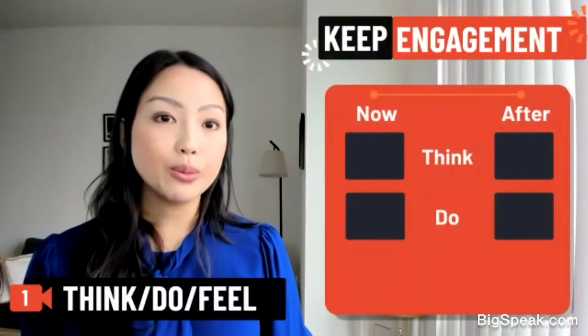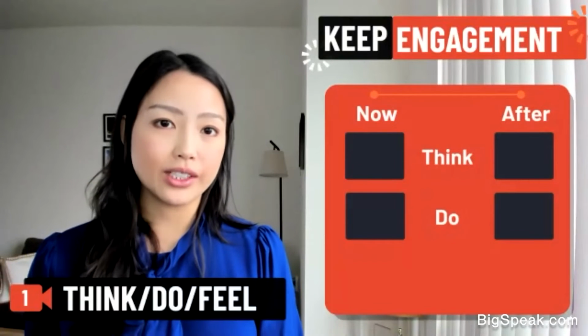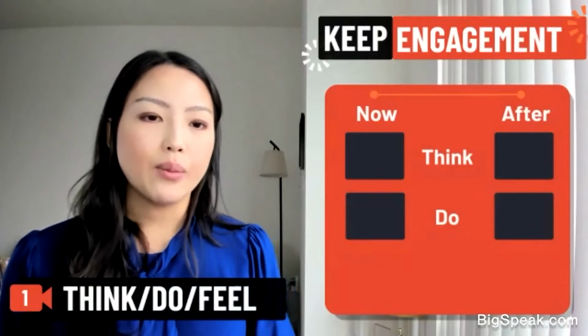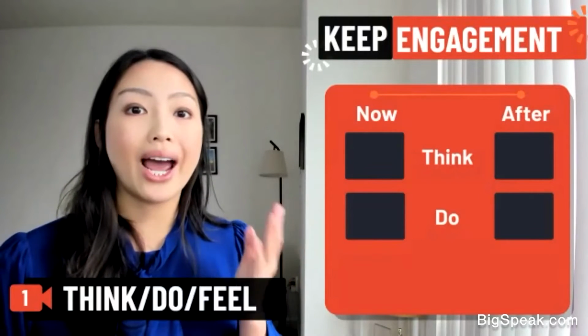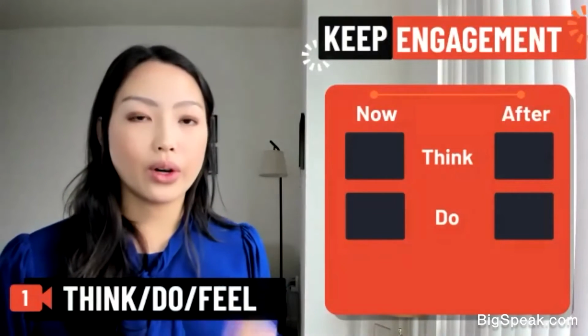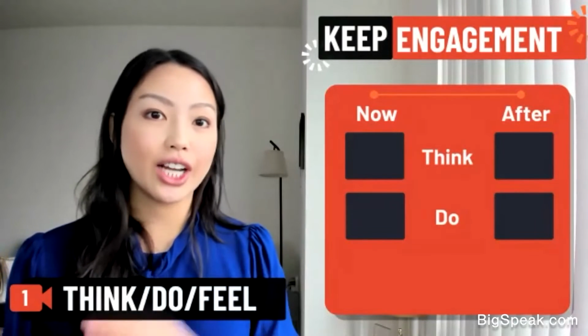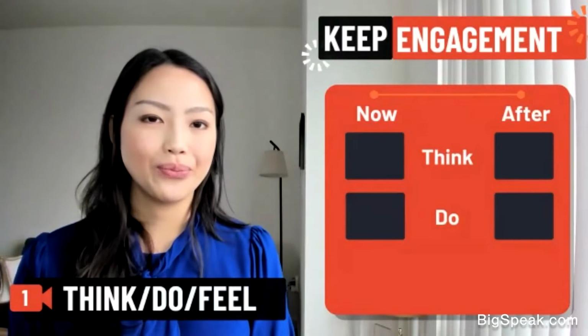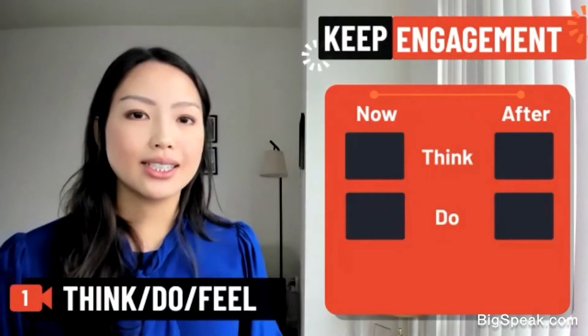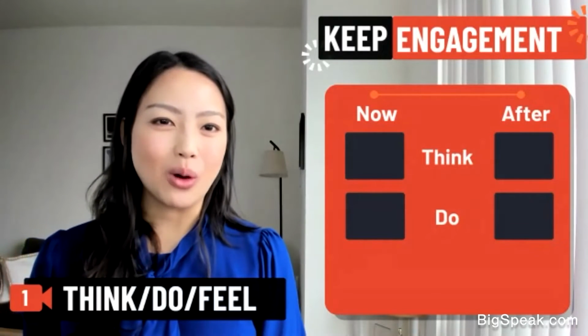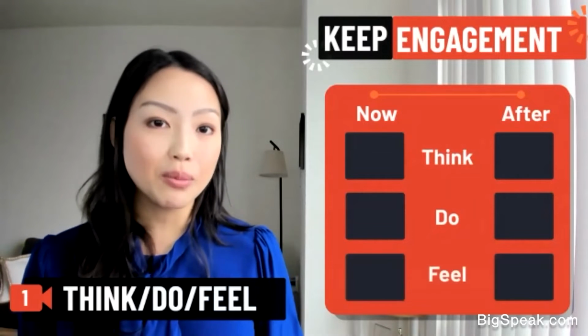Now, the Think Do matrix was created by author and professor Andrew Abella. And what this matrix does is it helps you map out how your audience thinks and what they're currently doing. And then it helps you decide how you want both of these things to change after they see your presentation. Now, this Think Do matrix has since been modified by Prezi's Spencer Waldron to become the Think Do Feel matrix,